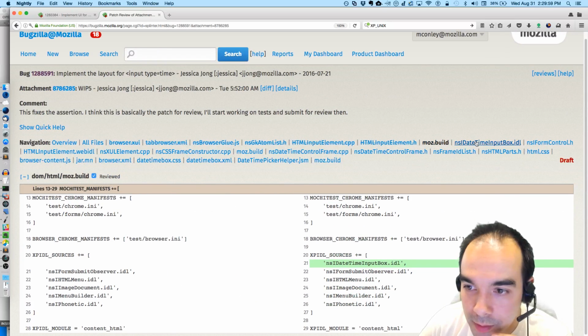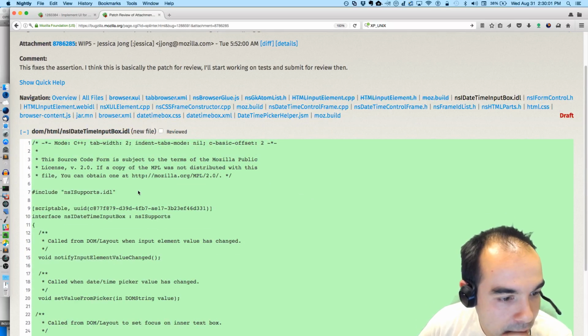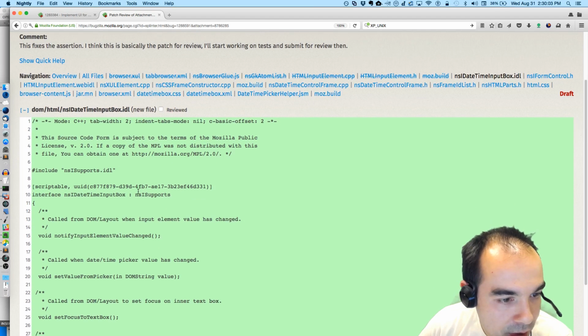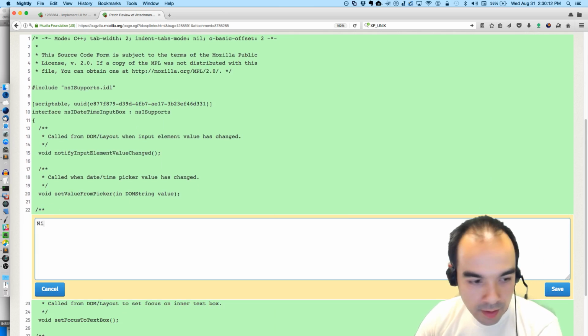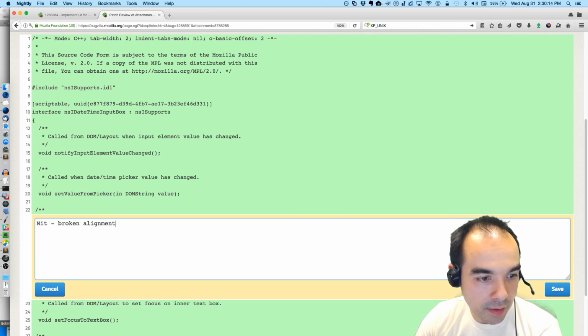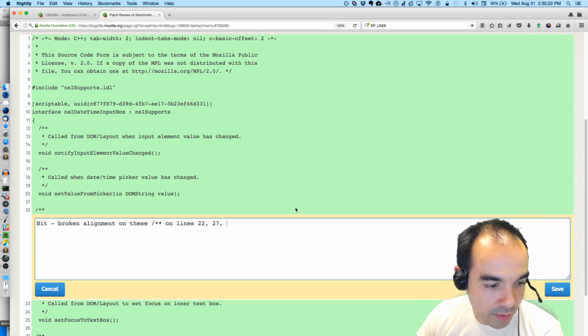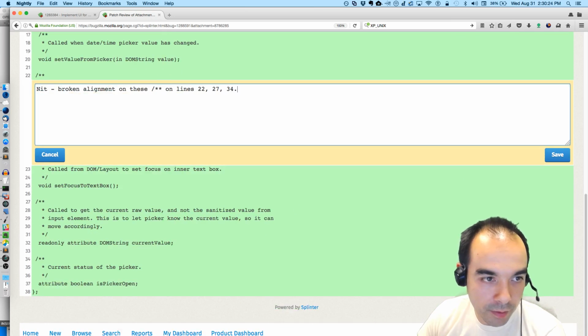Input box, inside the box. Called from DOM layout when input value has changed. Nit: broken alignment on lines 22, 27, 34.